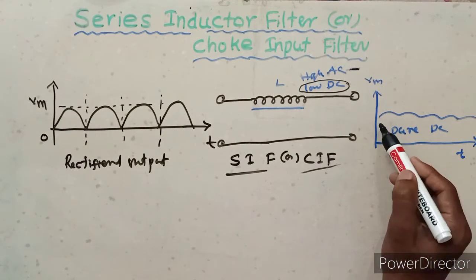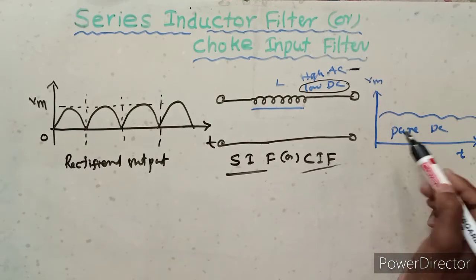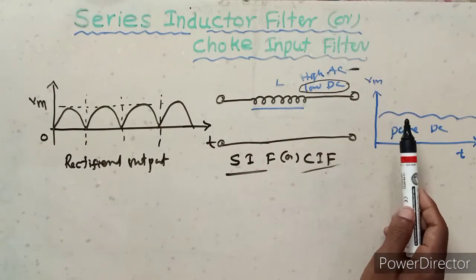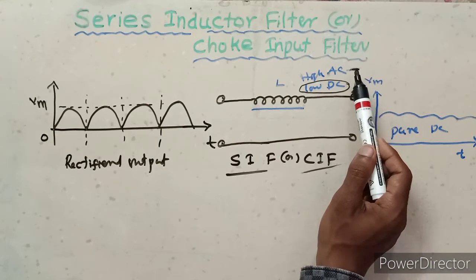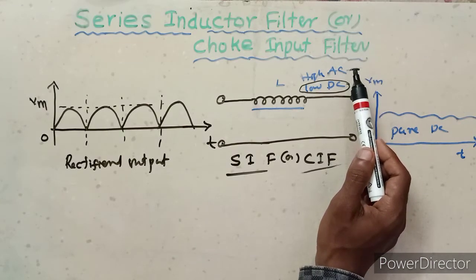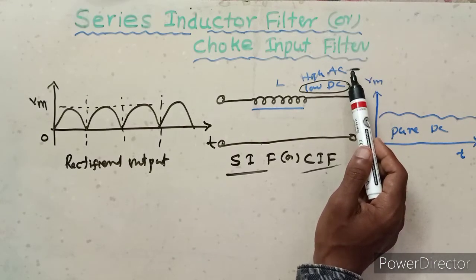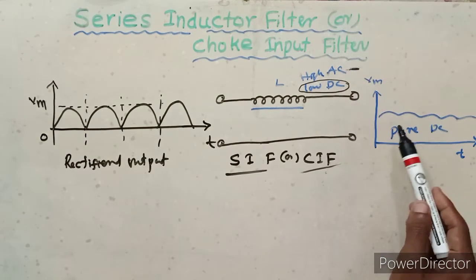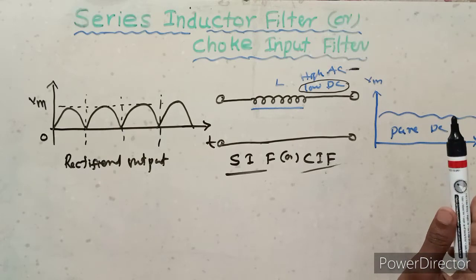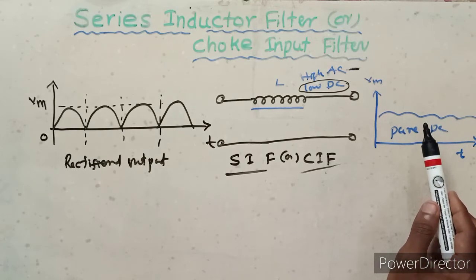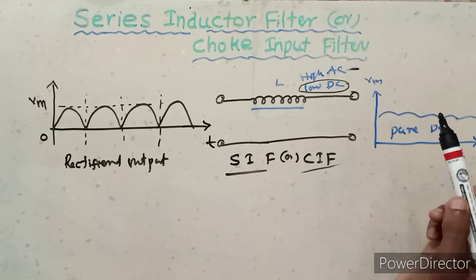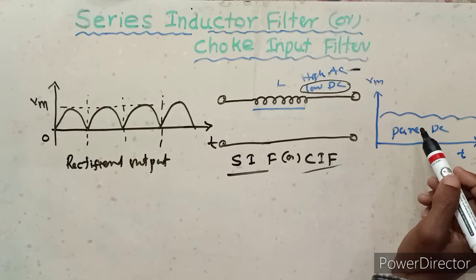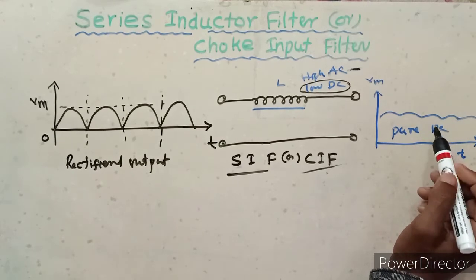In the shunt filter, some AC components are present. So in the inductor filter, the AC components are mostly reduced, that means mostly blocked. So the magnitude of AC components is reduced in the output voltage. This is the output voltage. Thus after passing through the inductor, the output has less ripple, small ripple, minimizing the ripple.